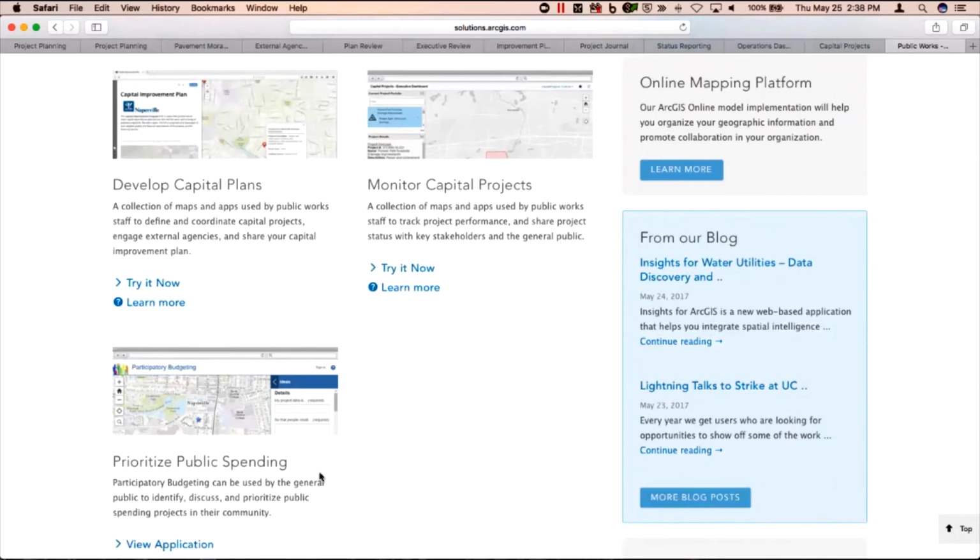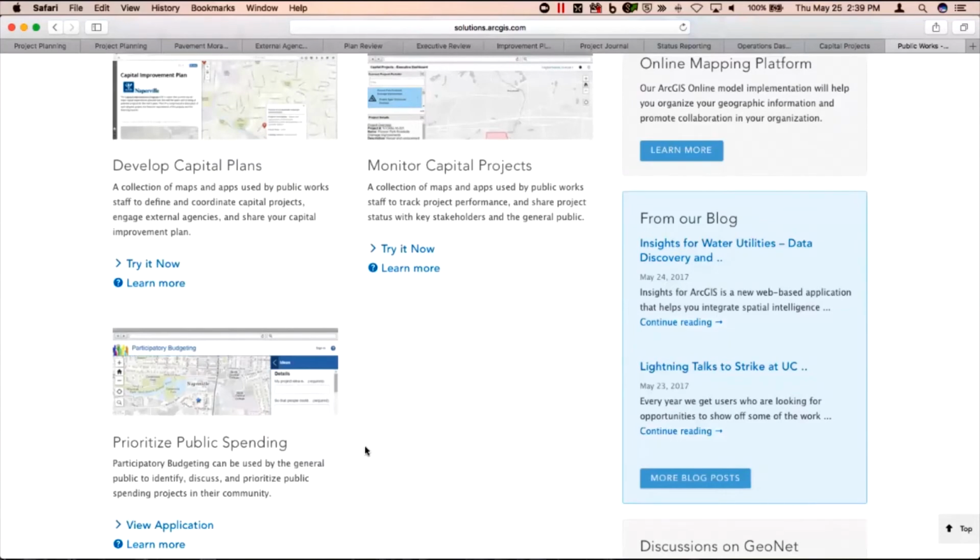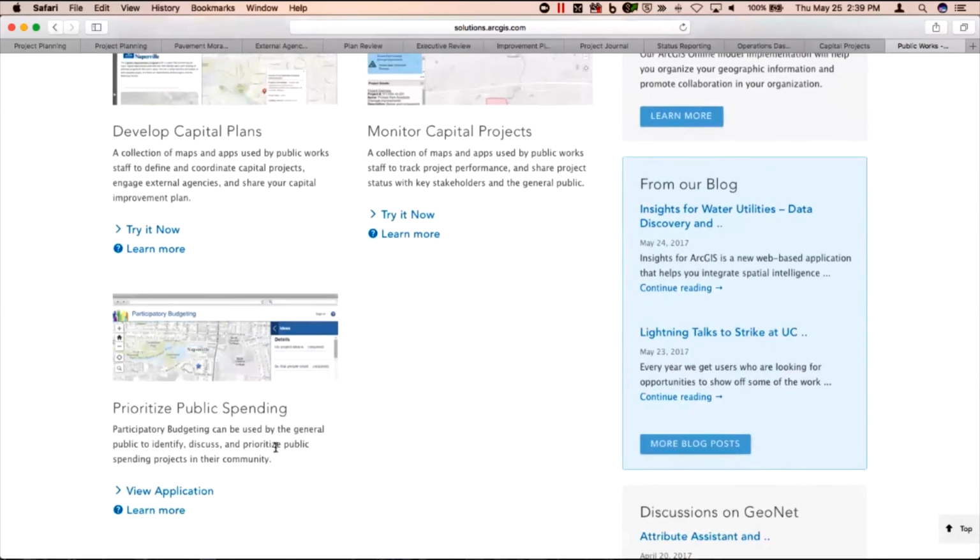One thing we didn't touch on today, but is an emerging area that we're seeing in many communities, is the concept of participatory budgeting. Many cities across the country, or across the globe for that matter, instead of only allowing the engineers to put forth projects for improvement, are actually allowing citizens to vote and propose projects that will be implemented through their capital improvement plan. That doesn't necessarily mean it's all of your capital project planning dollars, but it's a way to integrate citizens into that process. And so we worked with a group called Every Voice Engaged in the city of San Jose